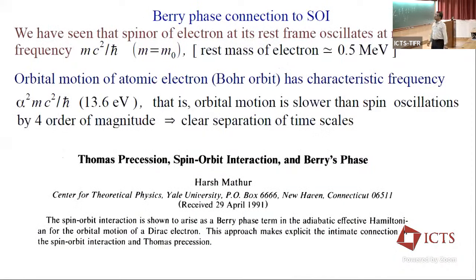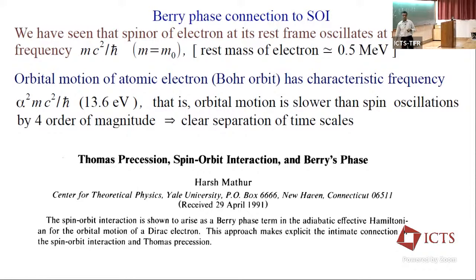So what is the Berry phase connection to spin? This could be important for our later discussion. So the spinor of the electron in its rest frame oscillates with relativistic frequency, which is 0.5 MeV. And then the orbital motion of the atomic electron has a characteristic frequency. Suppose you consider the electron in the first Bohr orbit, then this is, of course, as you know, 13.6 electron volts. And then there is a difference of the order of four orders of magnitude, as I said repeatedly. And then in 1991,